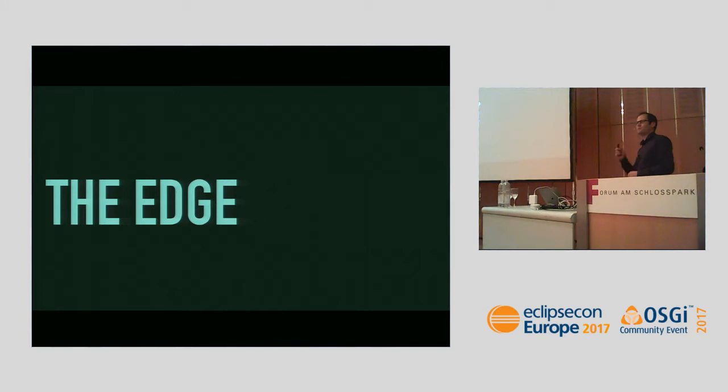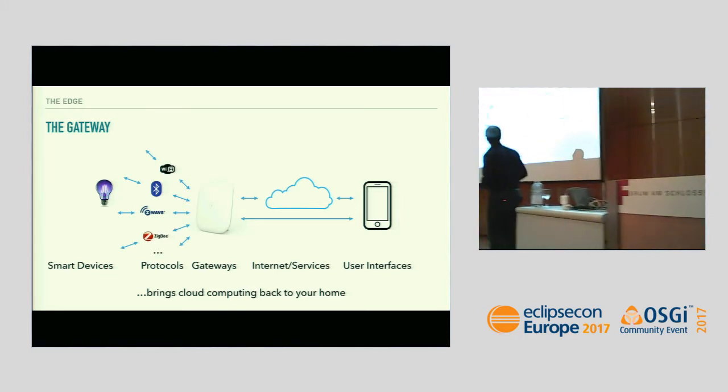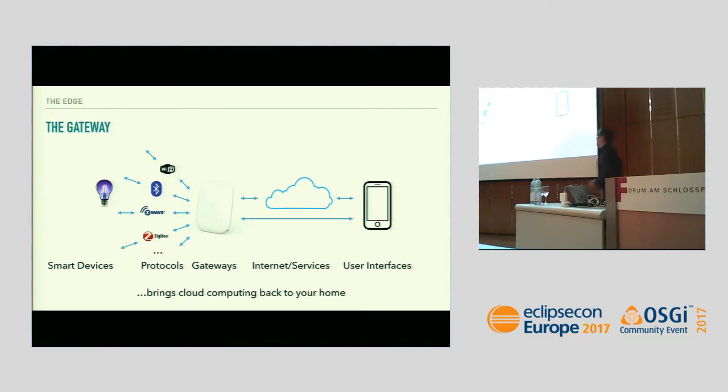So first of all, what is the edge? In smart home solutions or generally in edge computing, what we're doing is moving cloud computing back onto customers' premises, like back into the homes. There are smart devices spread everywhere at home, like smart bulbs, vacuum robots, lawnmowers. They all speak different protocols, and there's a small box we call a gateway, which is placed